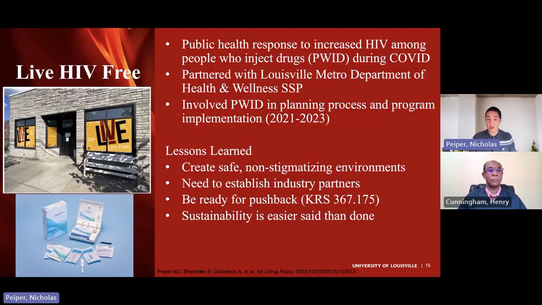Another big lesson that we learned was being ready for pushback. So when we started rolling out this program, we weren't aware of this obscure Kentucky statute that actually made it a Class C felony to purchase, acquire, and otherwise distribute these HIV self-testing kits. This came as a big surprise to us. It's kind of like one of those laws of you can't have ice cream in your back pocket to tempt horses and steal horses. So this was never really enforced.